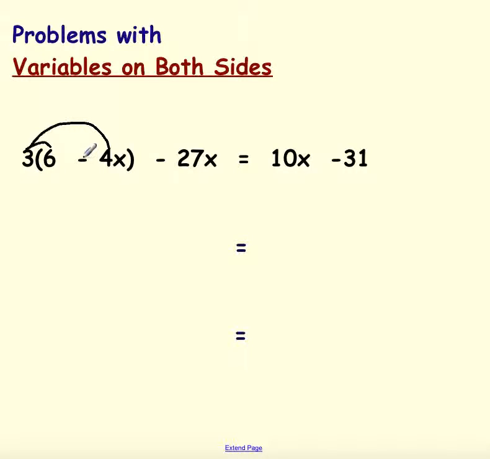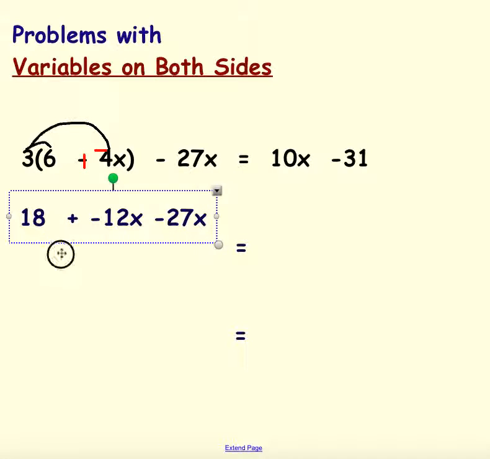A -4. I'm always going to add a negative here. And then what I'm going to do is try to combine the like terms right here. So the first thing I probably should have is an 18 when I multiply 3 times 6. And then I'm going to have 3 times the -4, which is, I believe, a negative 12x minus